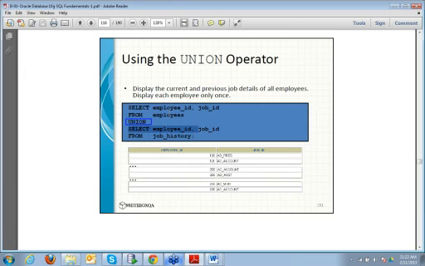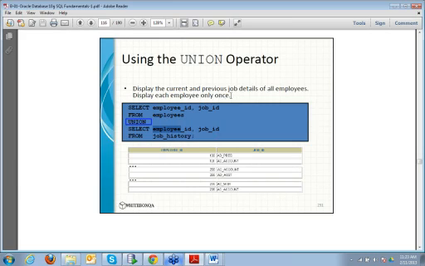So the number of columns in the two tables on which the set operations need to be done has to be exactly the same. Second thing, the data type for the corresponding columns has to be the same. You cannot change the order. I cannot write select job ID, employee ID, because here the matching is on the whole row, right? So the corresponding data type should also be the same, and logically it should also represent the same thing. So employee ID here, and here it is also employee ID.